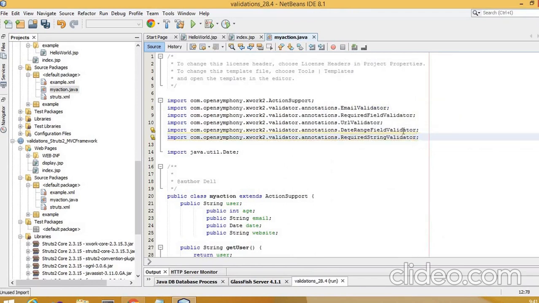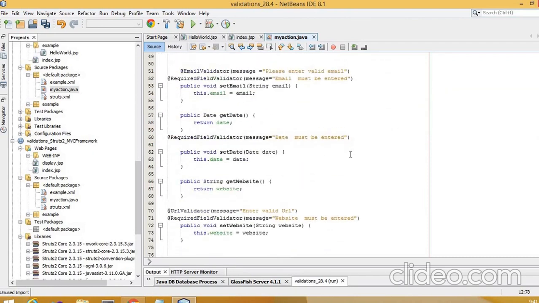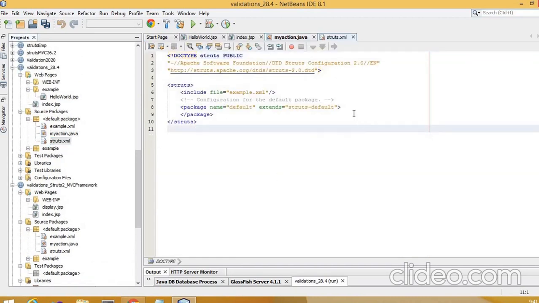Okay, fine. After this, let's create the struts.xml file. So this is our Java ActionSupport based action class which we have created. Now we will start with the struts.xml file. So this is your struts.xml file, as you can see.